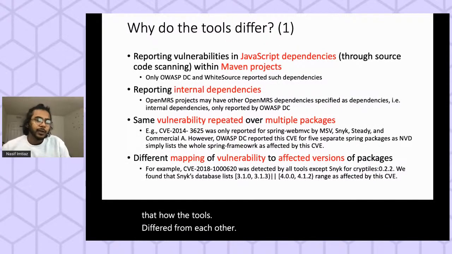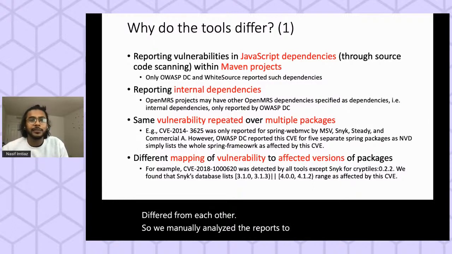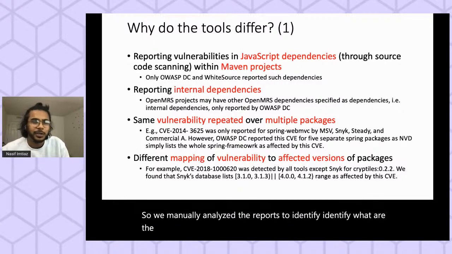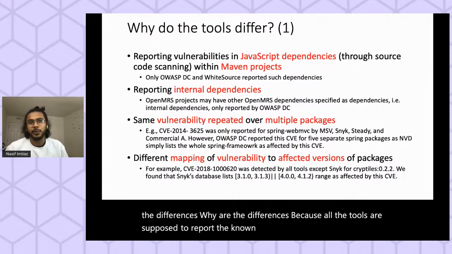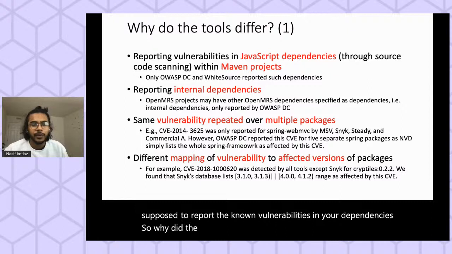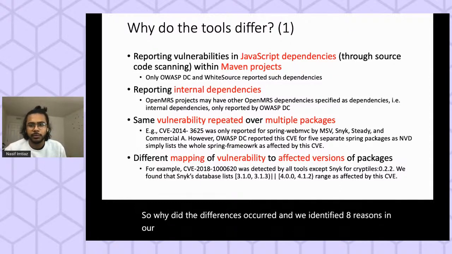So we manually analyzed the reports to identify what the differences are and why, because all the tools are supposed to report the known vulnerabilities in your dependencies. So why did the differences occur? And we identified 8 reasons in our paper, and I will not touch all of them, but I will touch